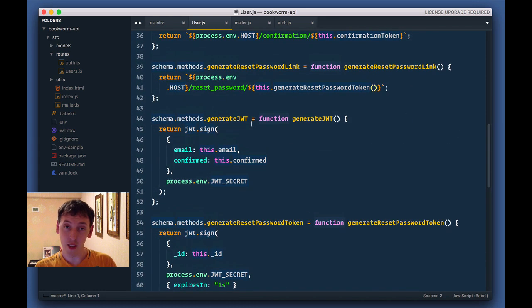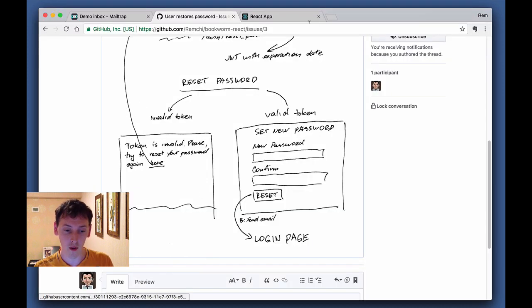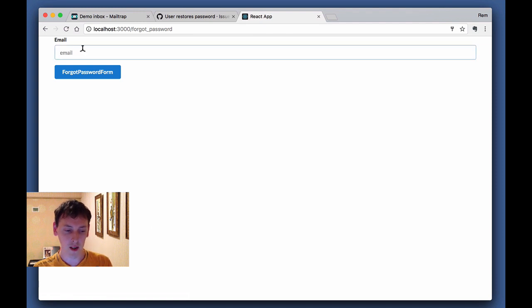Okay, so we generate token, we generate this link, we encode in this token ID and expiration time, and then we send it to the user. So now we can test it and hopefully it will work. So now